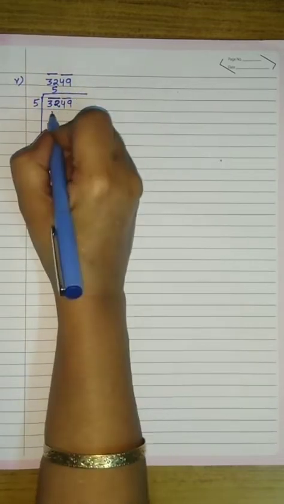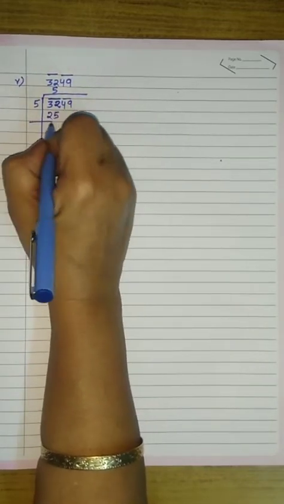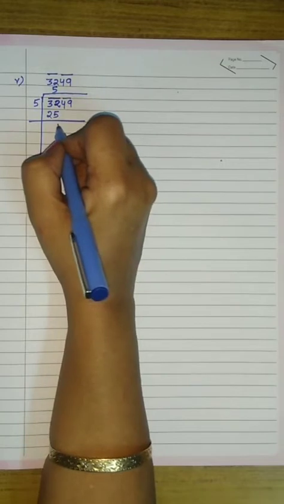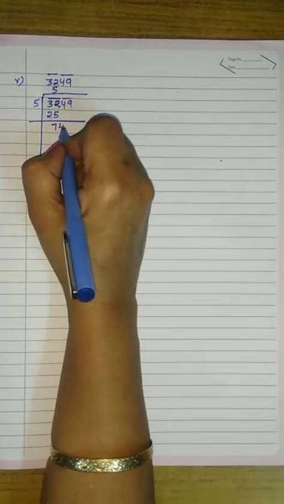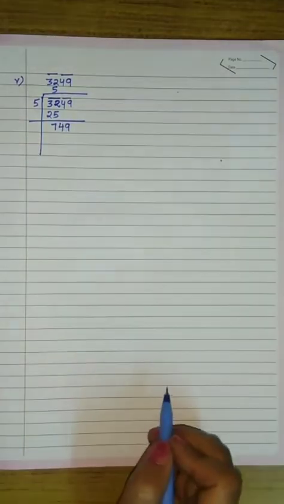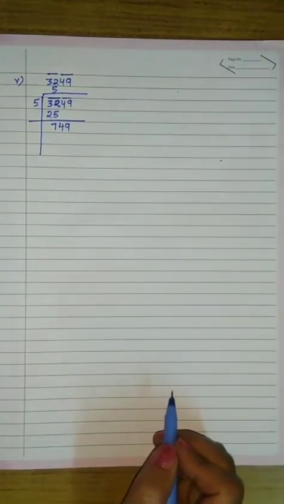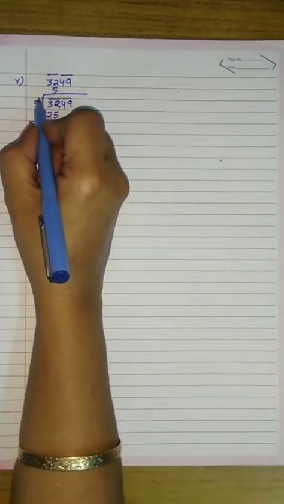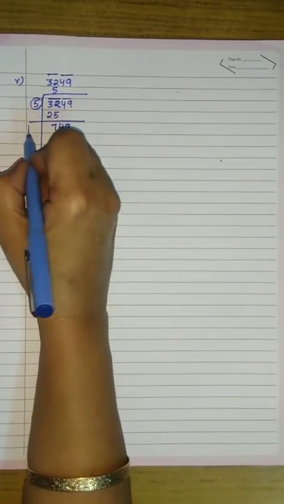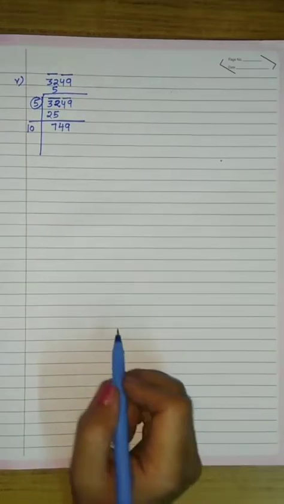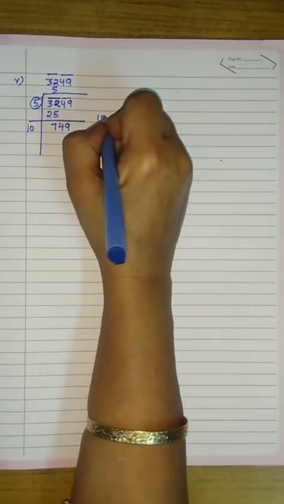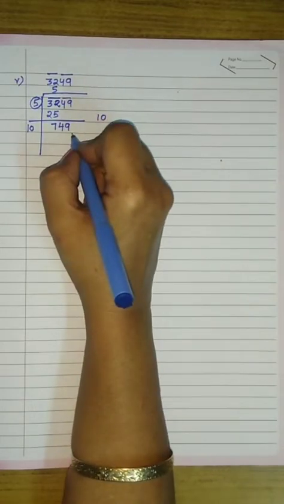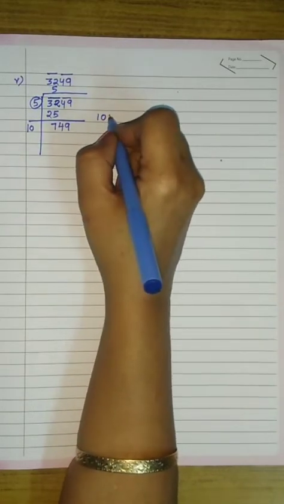So such a number is 5. So 5 5s are 25. On subtracting 25 from 32 we got 7. Now taking down the next bar, that is 49, we got a new dividend as 749. Now we will double this divisor 5, we get 10. Now we have to think of a number which we will place after 10 and which, multiplied by itself, gives a number equal to our dividend, that is 749.